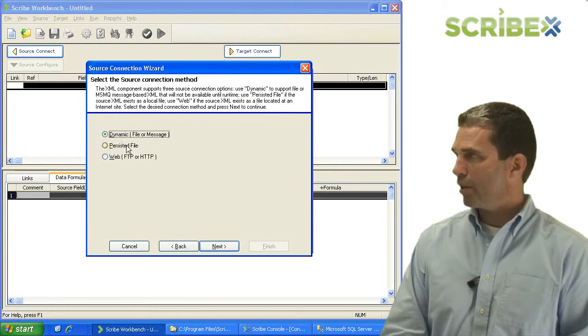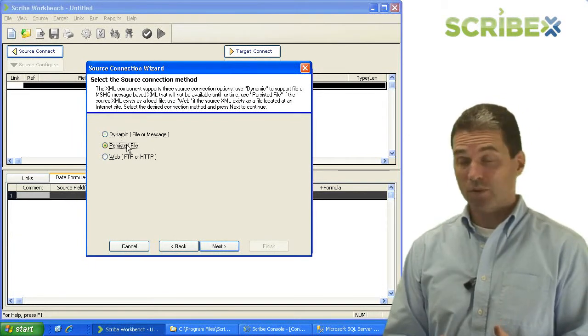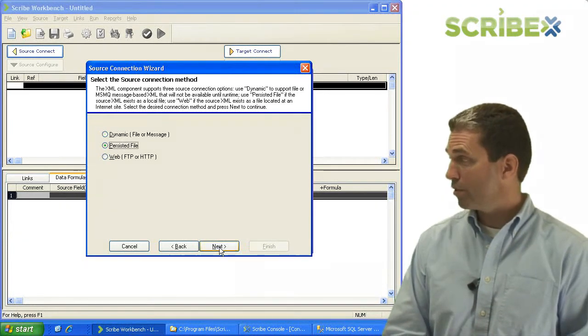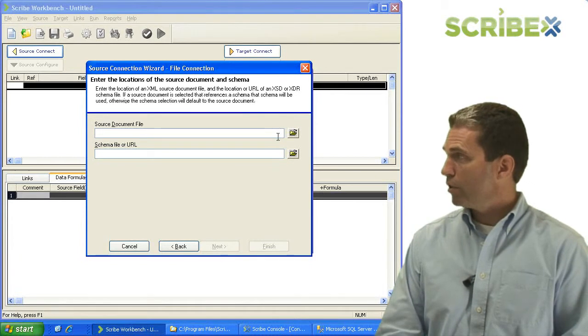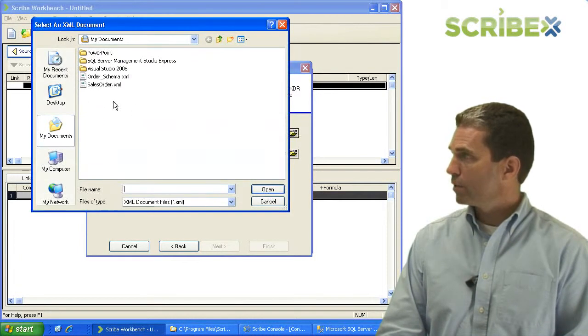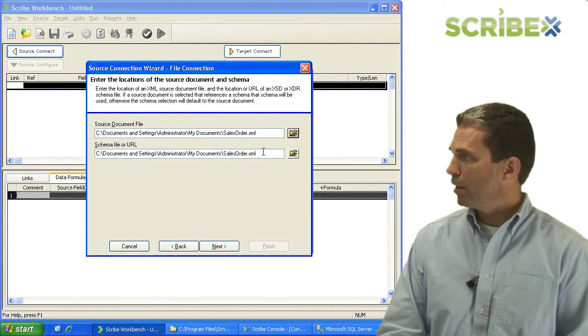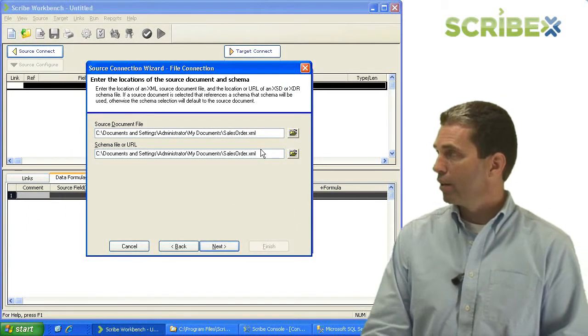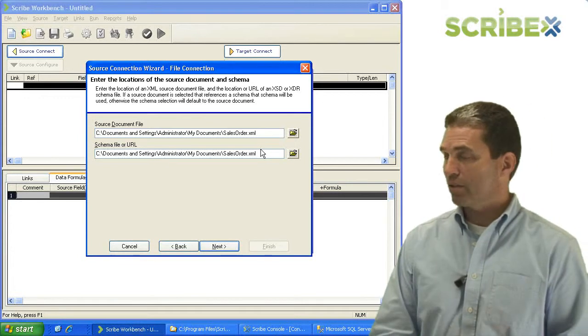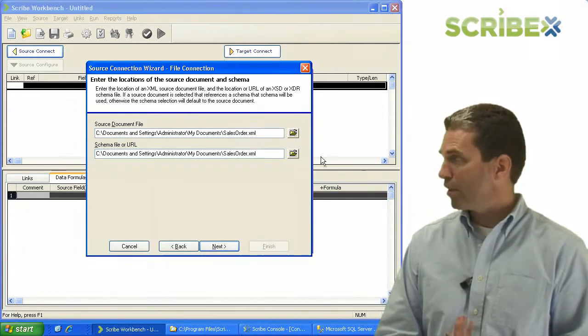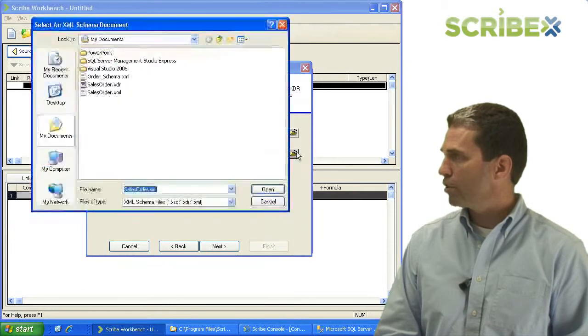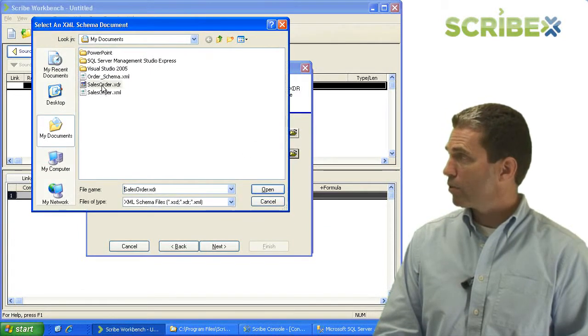Persisted file and dynamic, the wizard is just about the same, so I'm just going to go through the persisted file one. First, you need to pick your source document, so I'll do that here. I'll pick sales order XML. And then you can use the sample XML file as the schema file, but I'd recommend you use a real schema file because it's more feature rich if you do that. So let's pick that sales order XDR,